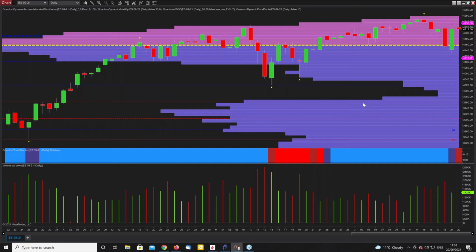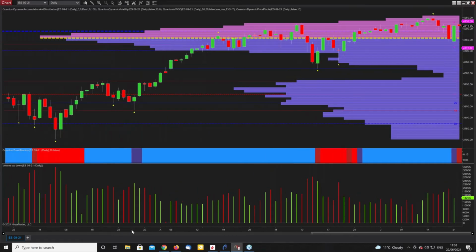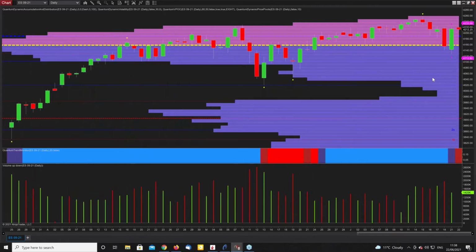They don't happen that often. You can see we haven't had one here since, where are we, back to almost the start of the year, I think, or maybe not quite that far back. Whatever. There's no volatility triggers on here, so we've had one yesterday. So this is significant, and it's significant because of time.